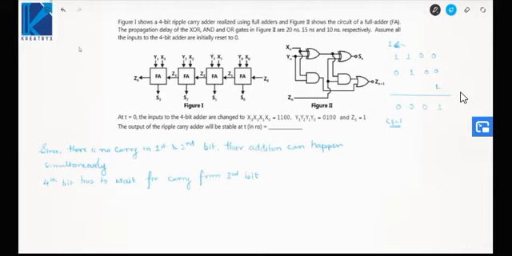So we have to determine at what time the carry can be produced from the third one. See, for the third one, x and y both are 1. So the XOR will be 0. But earlier, all inputs were reset. Now understand this point carefully. Earlier, all inputs were reset, that is x and y were 0, so the output of the XOR gate would also be 0. And when you have applied 1, 1, then also it is 0. So its delay cannot be taken.